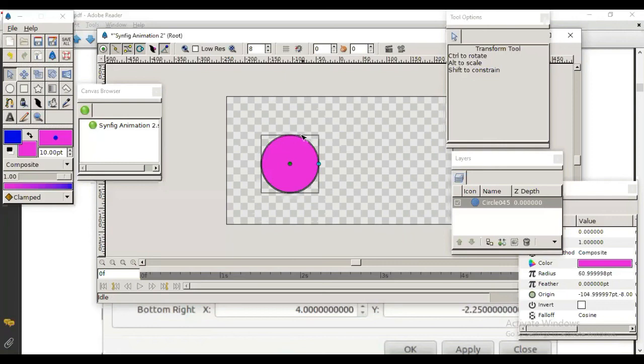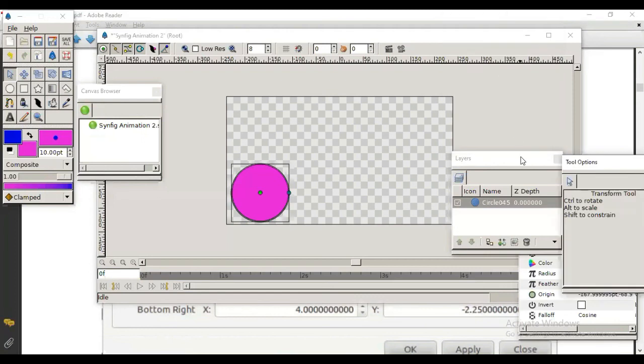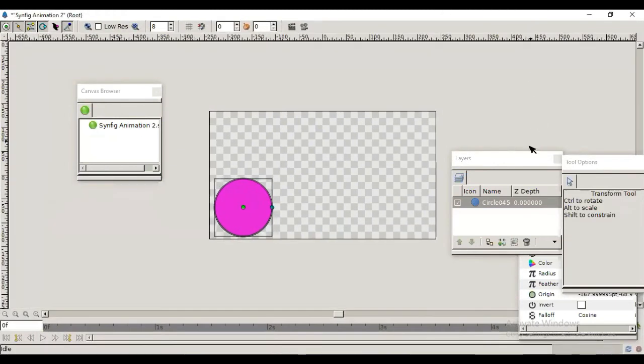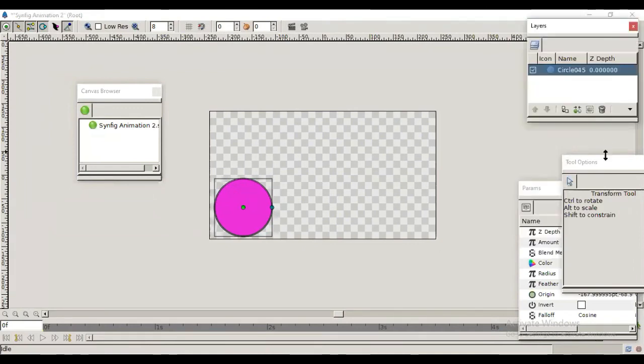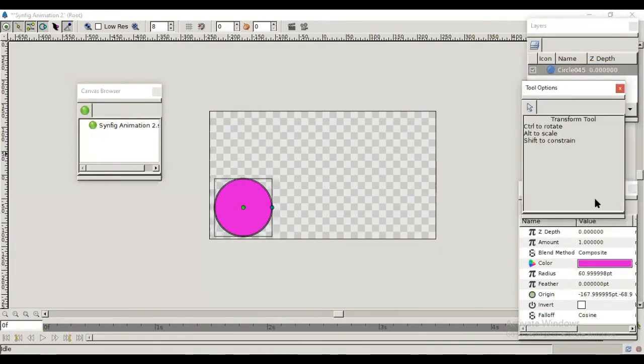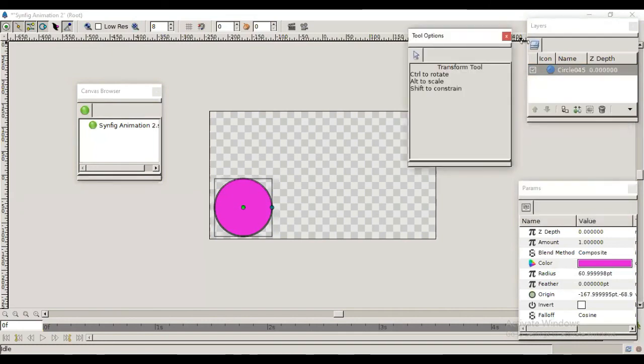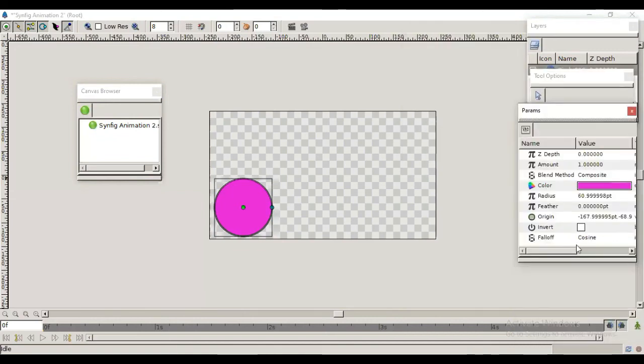To define size. So now I want to start my animation from here. So now 0f is there. Now to start animation, I am arranging all this so that you can easily see these controls which I am using here.